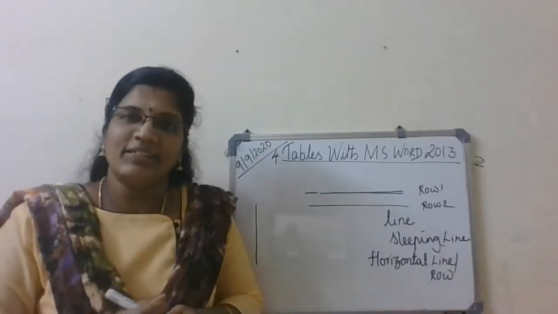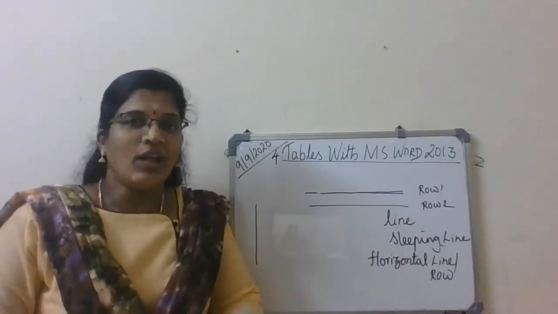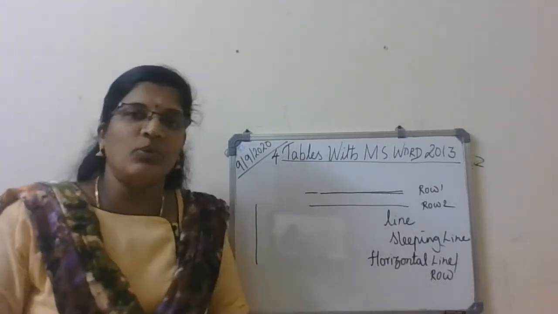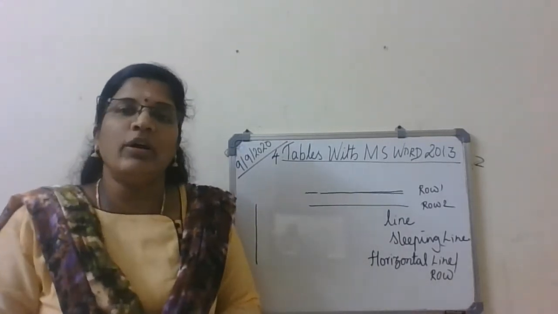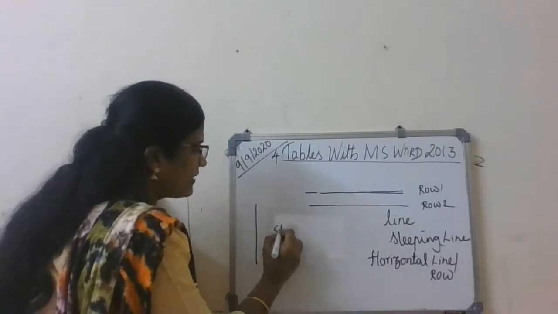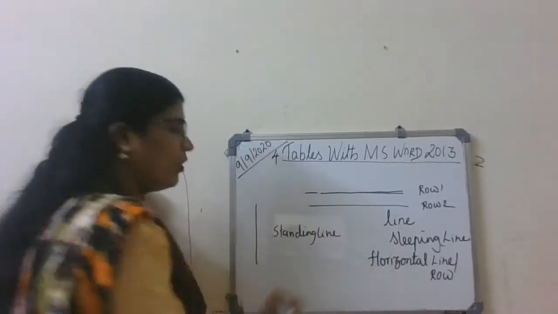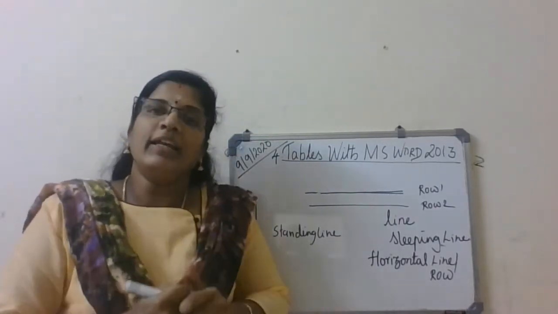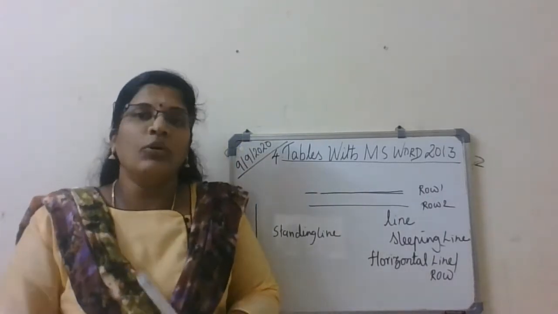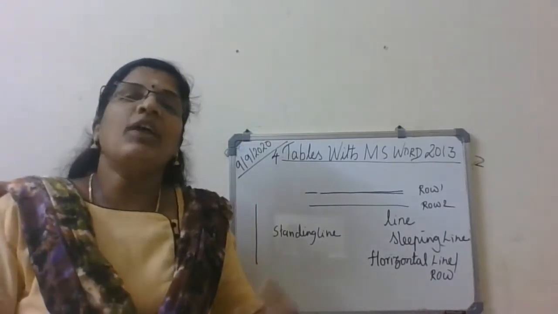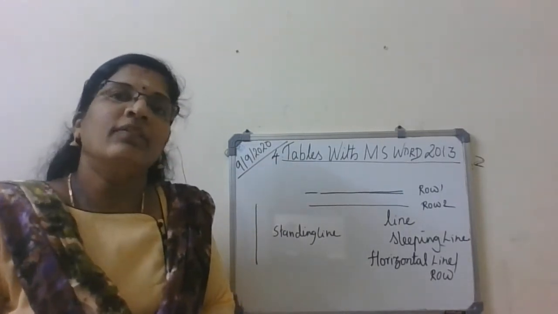Okay. Now, let me draw the line here. What do you call this? So can you tell me the answer for this line? Now I know that you won't call it a line. You say it's a standing line. Okay, I accept, you call it a standing line. So in LKG, your teacher taught you this is a standing line, right? Now you're grown up. You're in 5th standard. So you have to call it a vertical line.